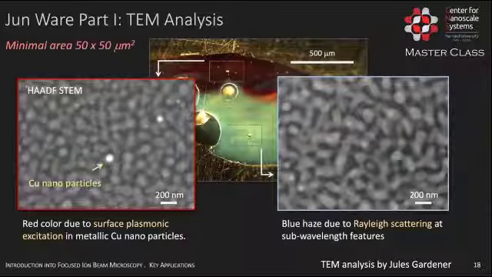We can further interrogate, oh yeah, by the way, sorry, I forgot. One of the really interesting aspects of focused ion beam is that we really don't need much material to get information. So if we really push the limits, we can get really valuable information down to the atomic level from an area that is only 50 by 50 microns, roughly. Yeah? So this can be very important if you have very precious material, or if you have a process that really generates only little material. And with focused ion beam, you can very easily access